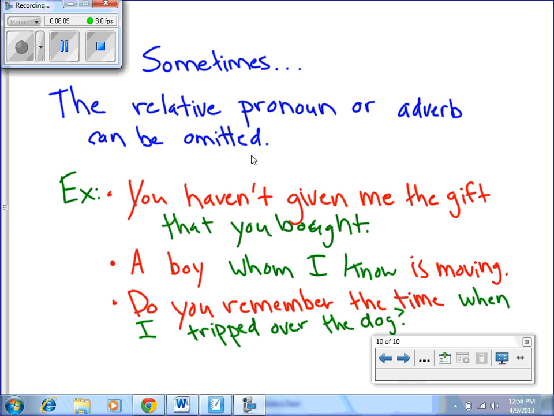Sometimes the relative pronoun or adverb can be omitted. For example, you haven't given me the gift that you bought. That you bought is our adjective clause. We can actually cross out the word that. You would have, you haven't given me the gift you bought. You bought would still be an adjective clause. You're just assuming that the writer is